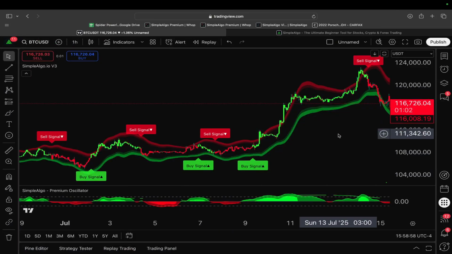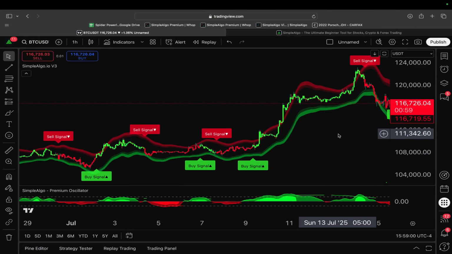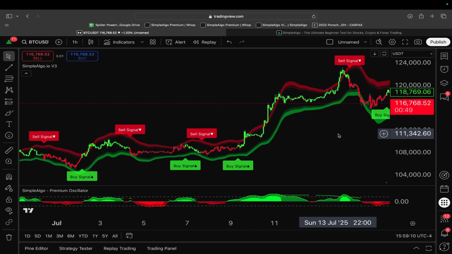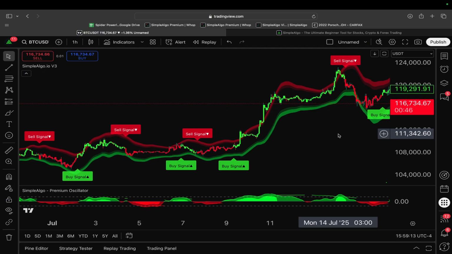What's going on, guys? Nicholas Trades, and today I'm going to be showing you the Simple Algo version 3 indicator and why I believe that if you are a beginner trader, this indicator can be crucial to becoming profitable for you. I'm going to go over all the features and exactly how you can use this indicator to start making